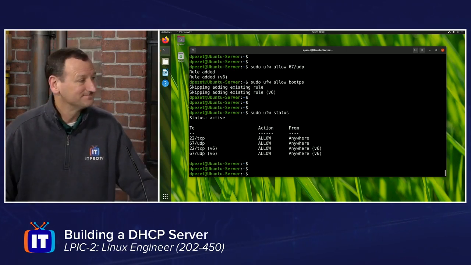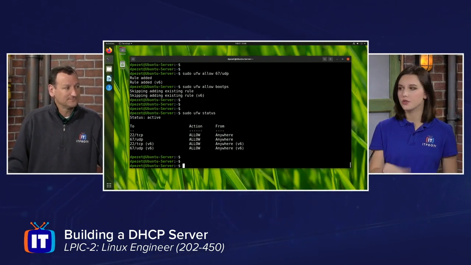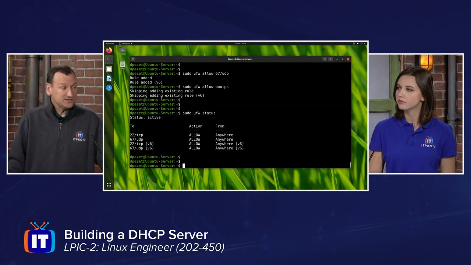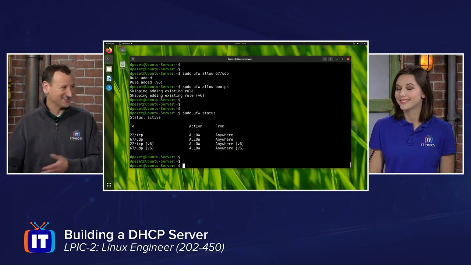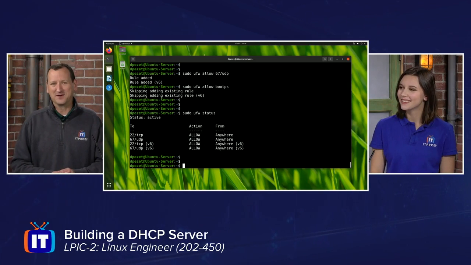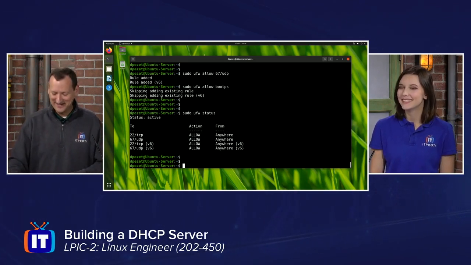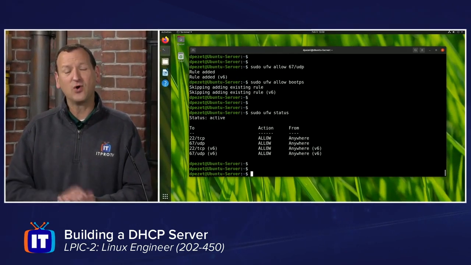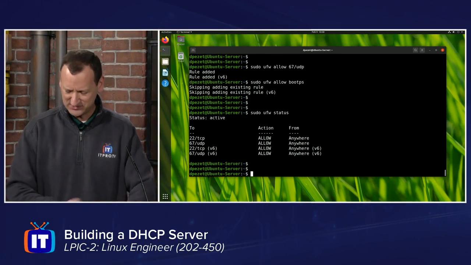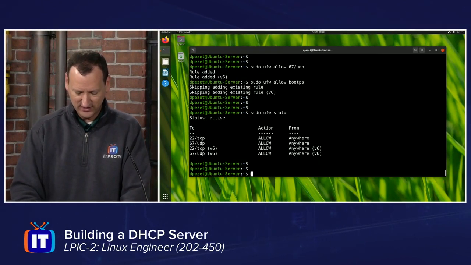I'm up and running. And are there tools for monitoring DHCP just to make sure that it's working right? Yeah, there's a few ways. I mean, you could just go to a client and try and connect, right? That's one way, but it requires you exerting effort, right? So there's some things we could do right here on this server. There is an older command that works on some distros. I actually don't think it works on Ubuntu. Let me try it out here, which is sudo